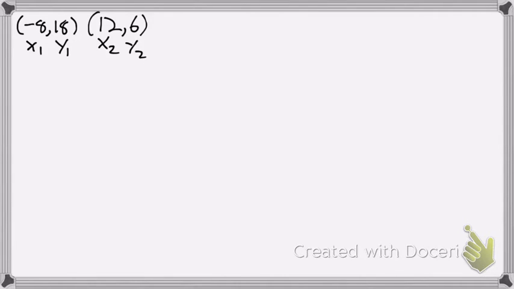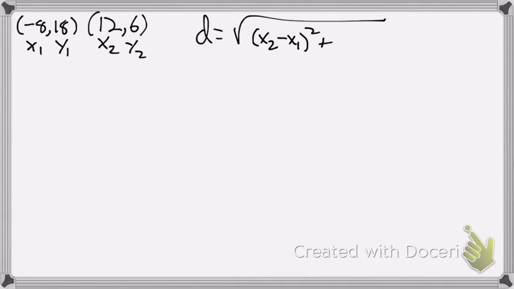Now I know that I'm going to be needing the distance formula. Why? Because the question says, find the distance. And, well, we're talking about the distance formula of this section. So it makes sense. So I'm going to write that down. And I know that my distance is equal to the square root of x2 minus x1 squared. So the square of the difference of the x's plus the square of y2 minus y1, the square of the difference of the